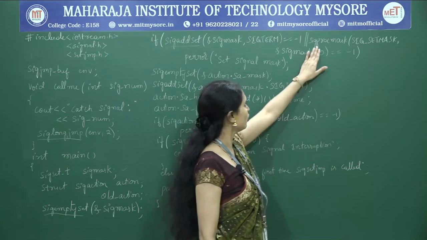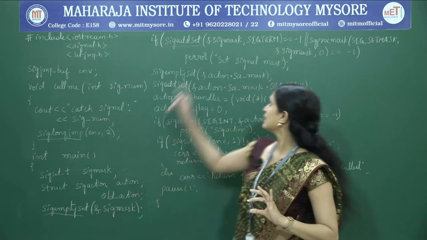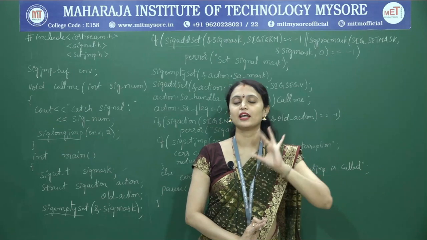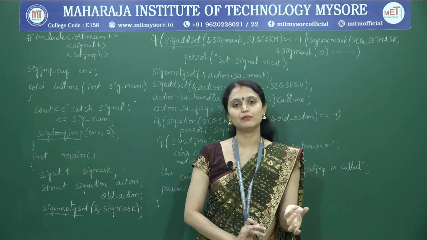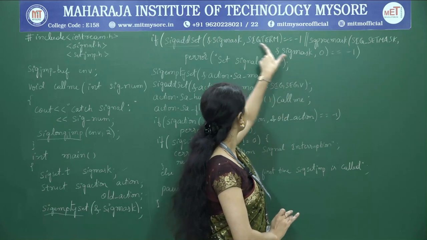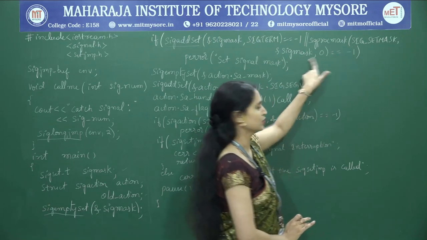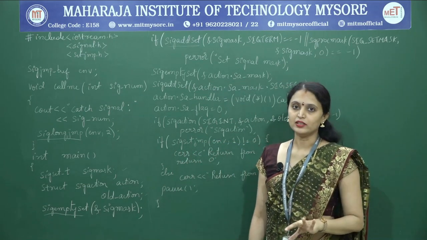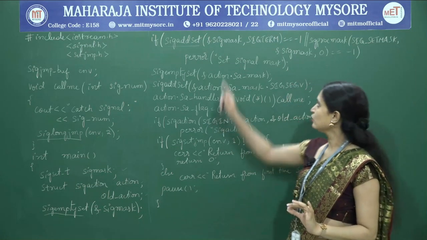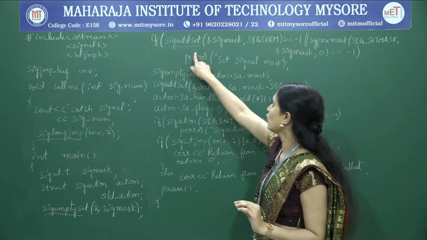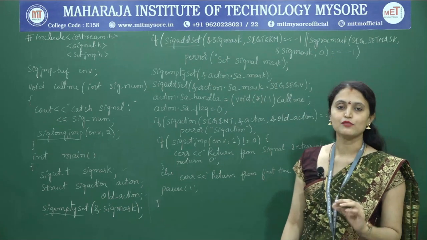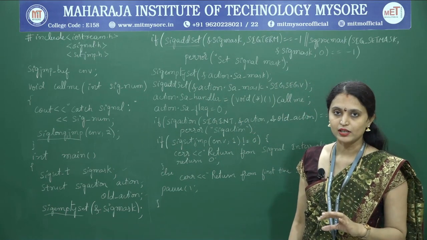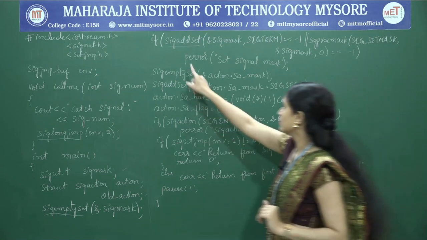So now for this calling process we have added SIGTERM into the signal mask, and there will already be a set of signals that are blocked for that process. Those are nothing but the available signal mask, and along with it we are adding SIGTERM also. And we are checking whether it is executed successfully or not. If there is any error, it returns -1. In either of these conditions, sigaddset or sigprocmask, if it is -1, then we are printing the error message set signal mask error. Otherwise, if it is executed successfully, the control comes here.